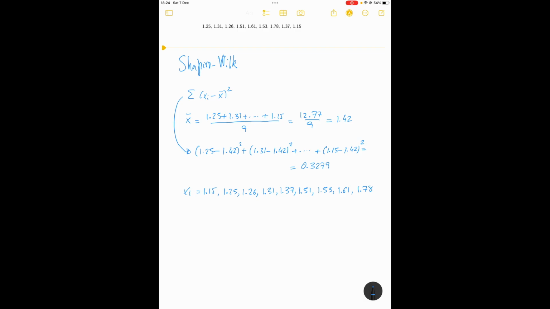And now what do we do? We take the biggest, this one, minus the smallest, so that's 1.78 minus 1.15, and multiply by some coefficient. We look at the coefficients now. Plus the second one, 1.61 minus 1.25,